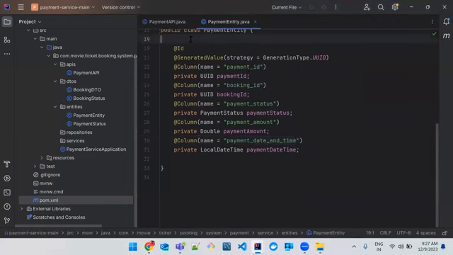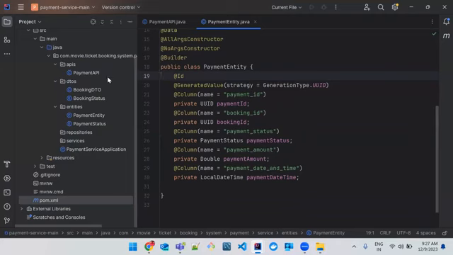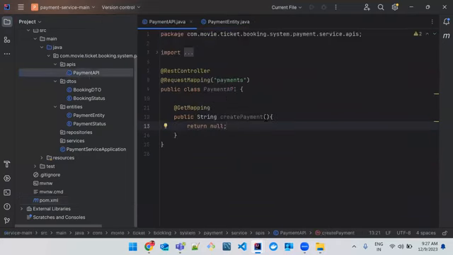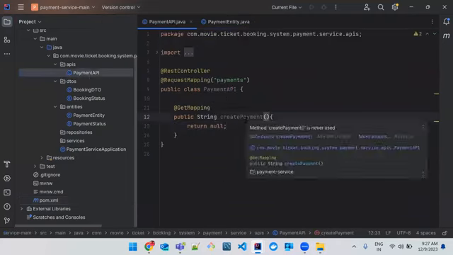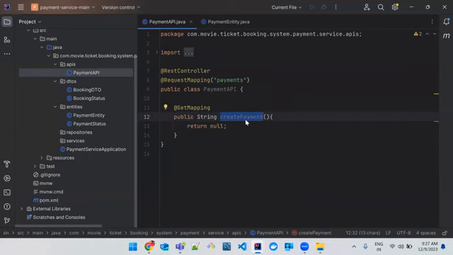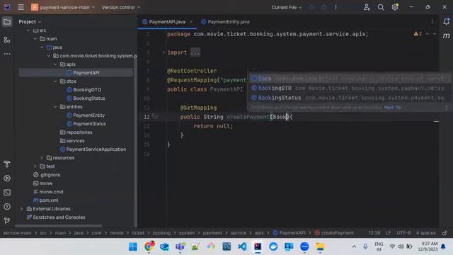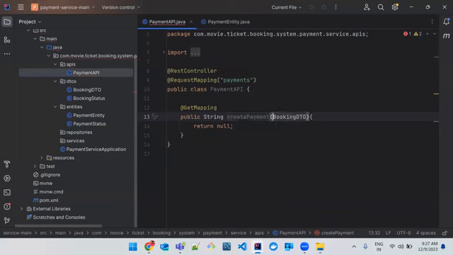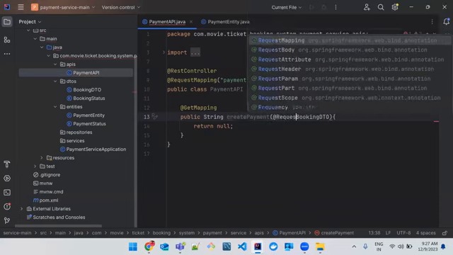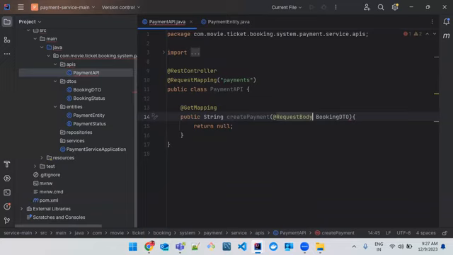Okay, so we are done. Now I'll just go to the payment API, and instead of create payment, I'll just take the booking detail as a request body. Anyhow, we are going to make a call to this from the booking service. Yesterday we have already seen that one, right? Okay, so the next thing,